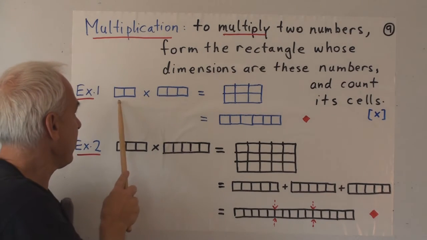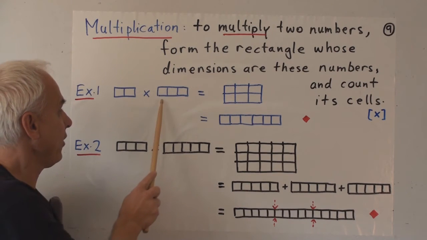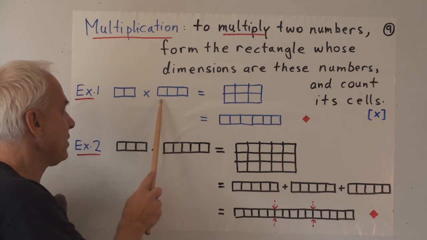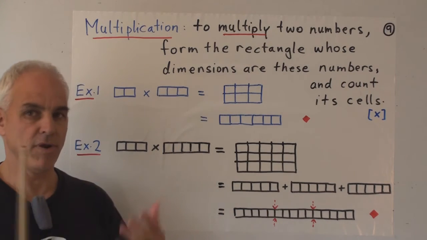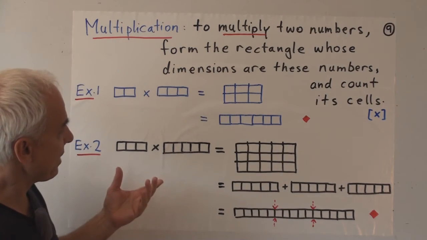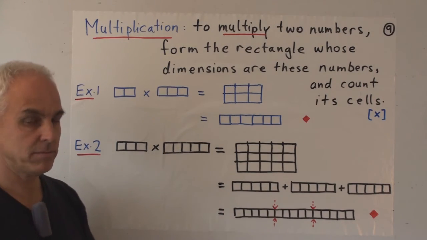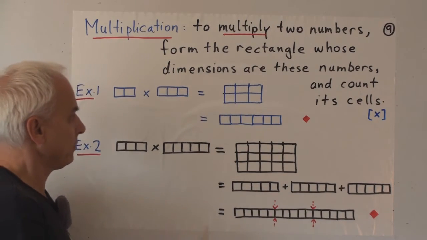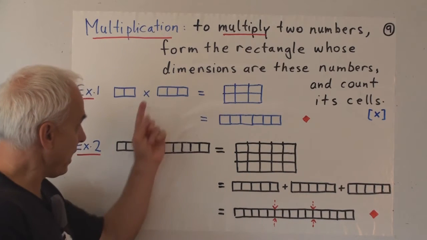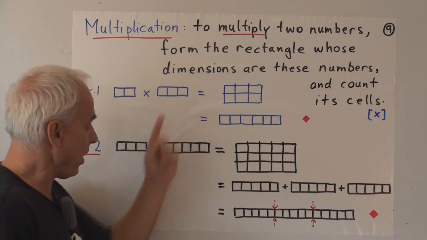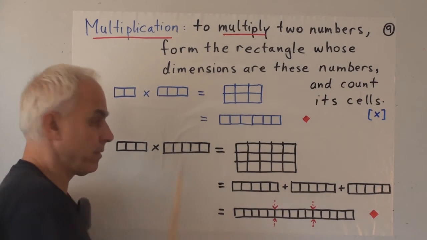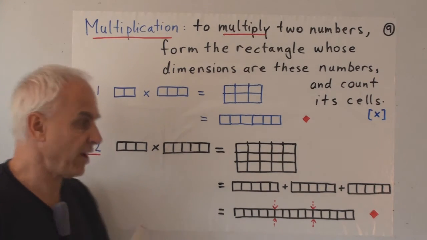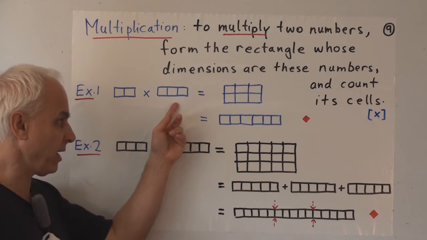So here is the number 1, 1. Here's the number 1, 1, 1. So 1, 1 times 1, 1, 1. What is it? Well, we have to make a rectangle. And the number of rows in this rectangle has to be 1, 1, and the number of columns has to be 1, 1, 1. In our modern language, just to interject for a second, we're multiplying 2 times 3, so we're